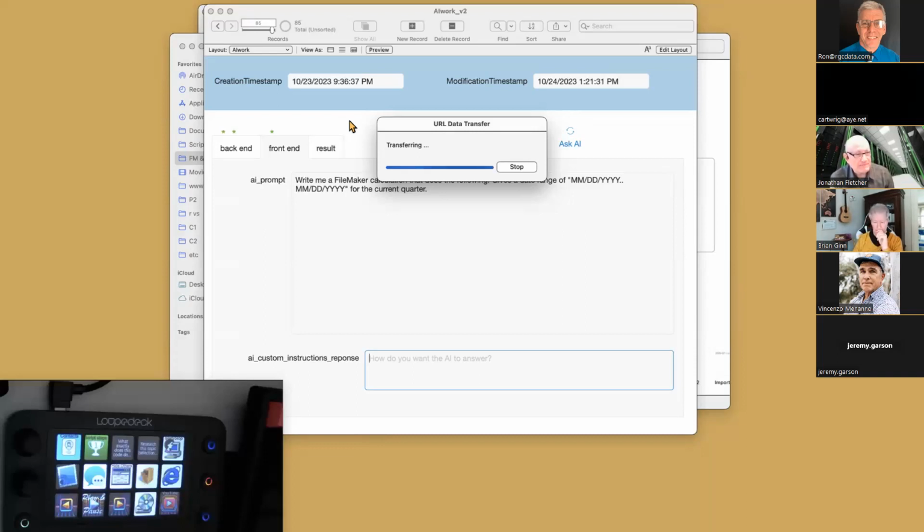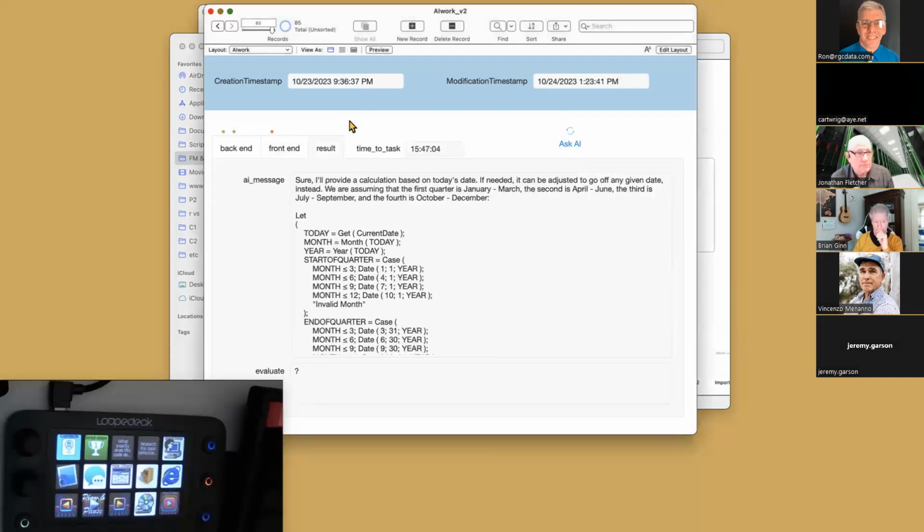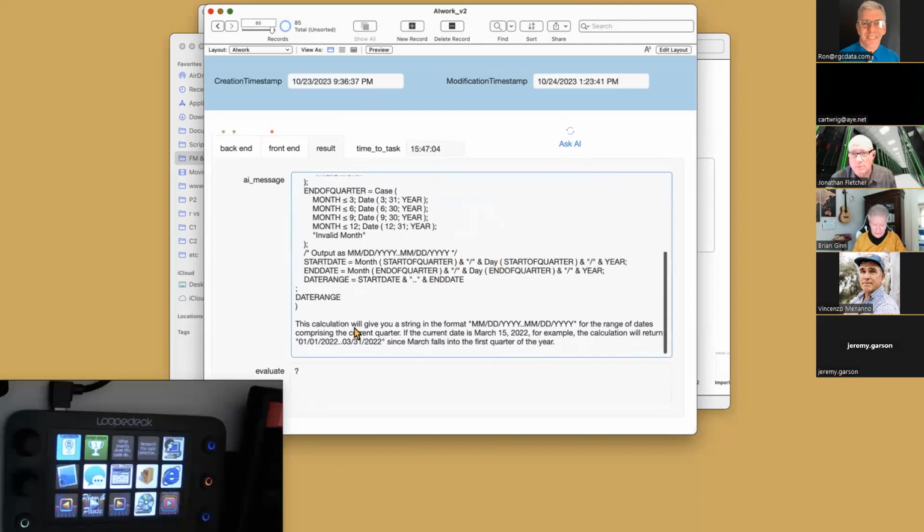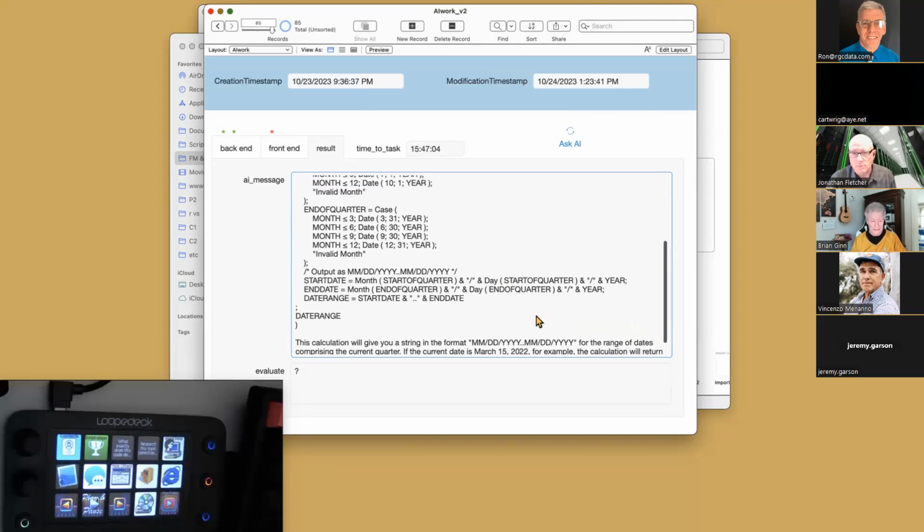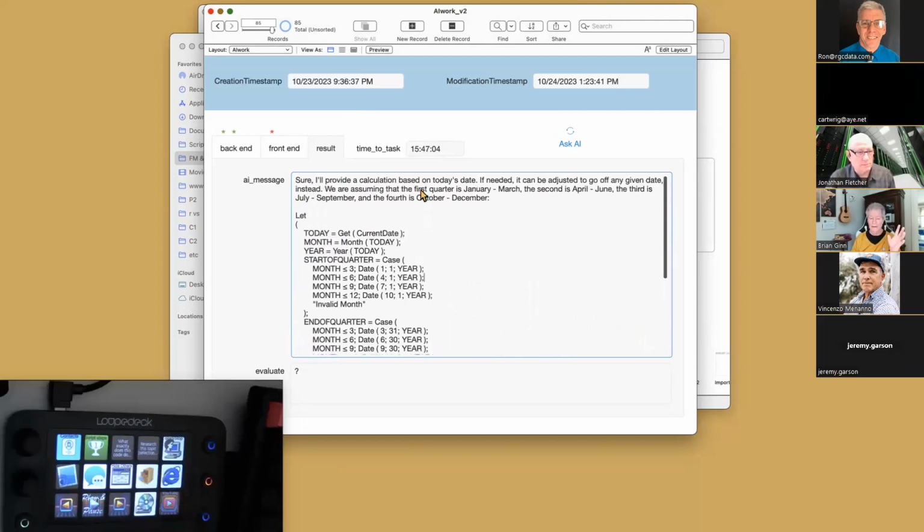Can you share the actual text that you had in the chat as well? Oh, yes. Thank you. Yes, I can. See here, it's very verbose, and it's telling me a lot of things. This is great, but this is like when you're at the web browser doing AI, as you know. It'll give you a lot of information. So there are two things. Number one, I don't need all that. I understand let statements. I understand case statements. I don't need all that verbiage.